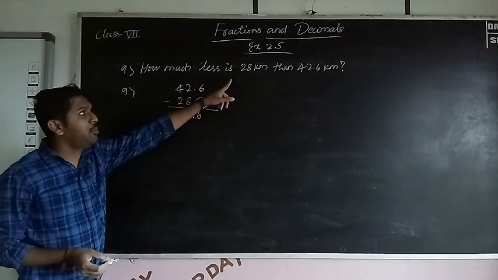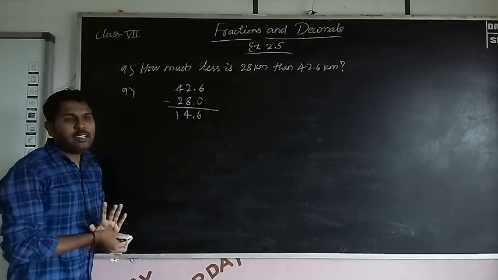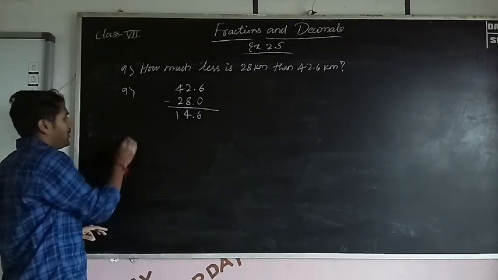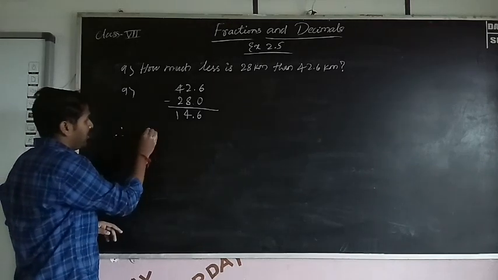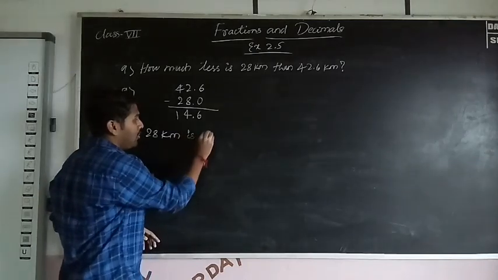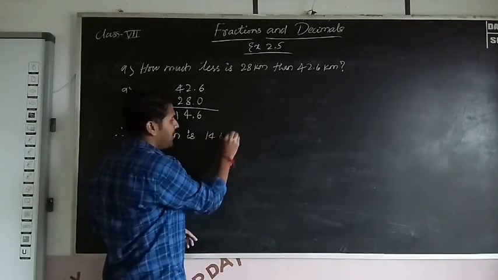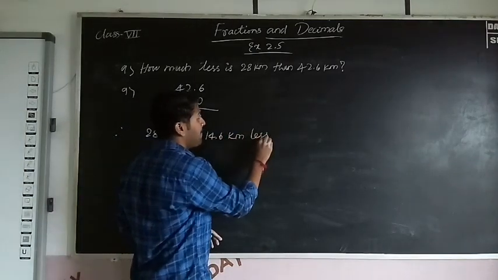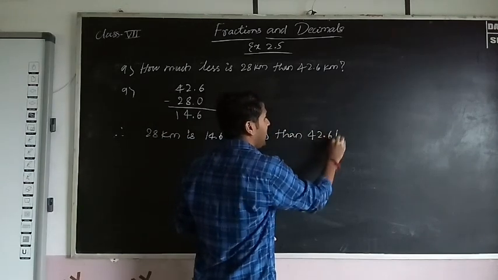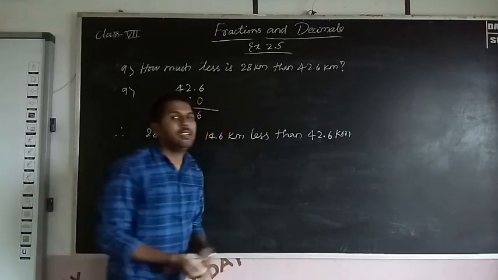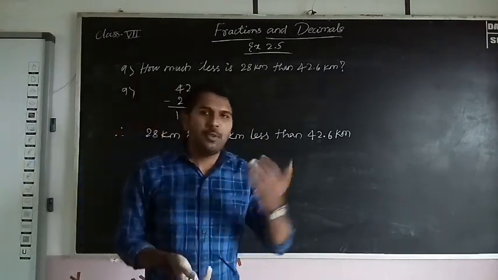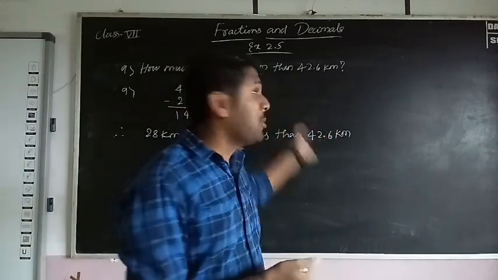Therefore, 28 kilometer is 14.6 kilometer less than 42.6 kilometer. Okay, this finishes the exercise 2.5. So up to this much, this is the syllabus for